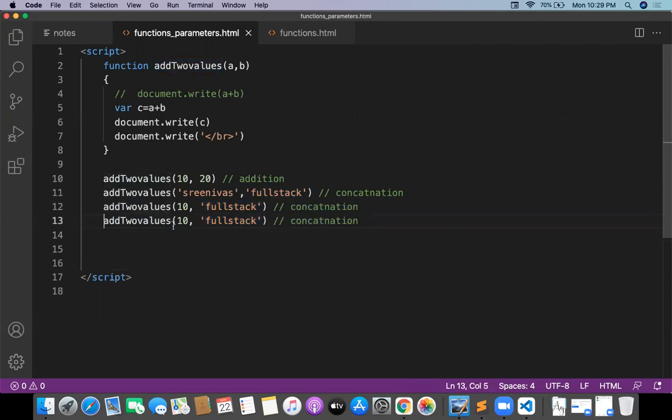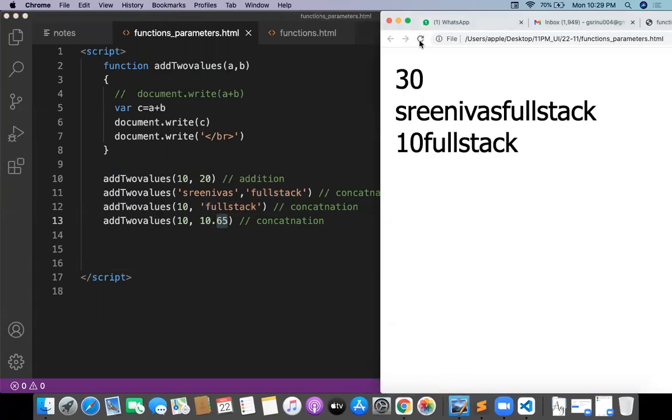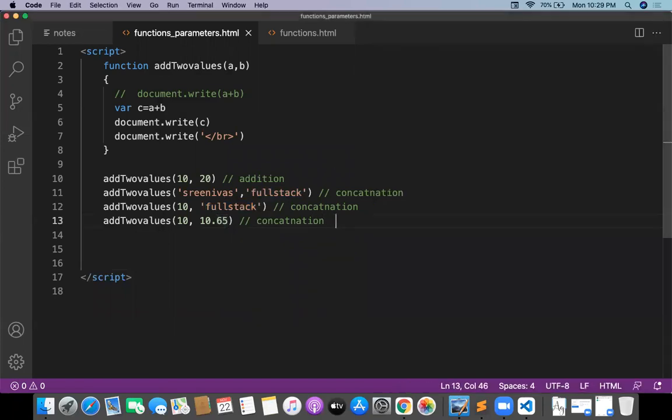Add two values, 10 comma 10.65. I'm adding two things now. The first one is an integer, the second one is a float value. When I'm adding int and float values, the output is very clear. This will be a float, so the precision is float precision now.